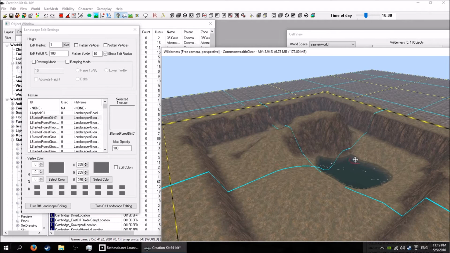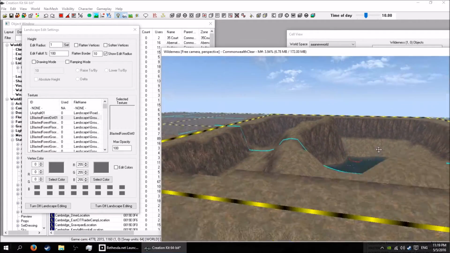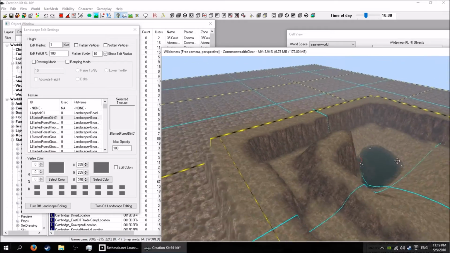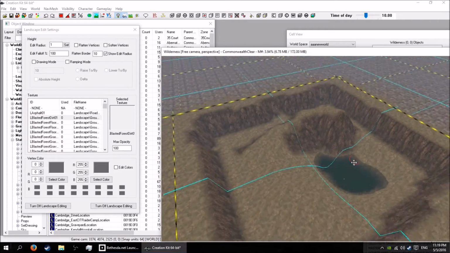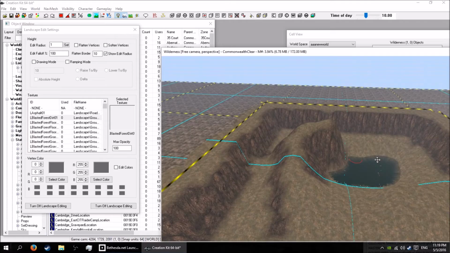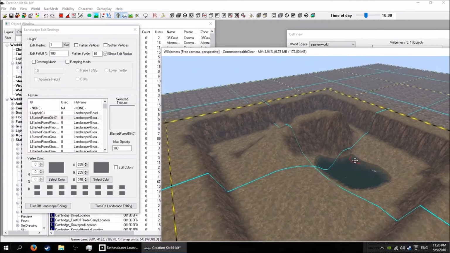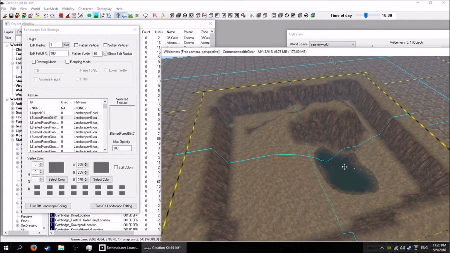Alrighty then, so I made the cliffy bits a bit cliffier, as you can see. Looks a bit more cliffy. Looks like there's a walkway up to the top bit there where we can jump into our little oasis. Now the next thing I want to do is around the water,